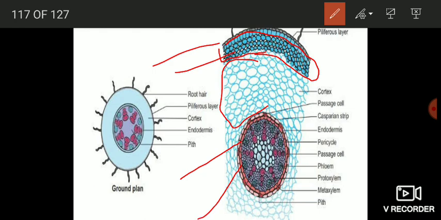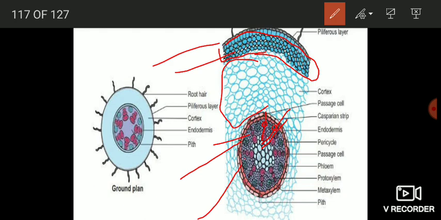Okay, then the vascular bundles. The vascular bundles are polyarch. Polyarch means you have more than 6 vascular bundles. Here you can see 1, 2, 3, 4, 5, 6, 7, and 8. Okay, more than 6 vascular bundles. It means polyarch condition. And they are radial. Radial means you have xylem group here, phloem group here. They are not placed next to each other. Instead, they are placed at alternating radii. Okay, that means they are placed along different radii. This is xylem on one radius, this is phloem on another radius, this is phloem on another radius.